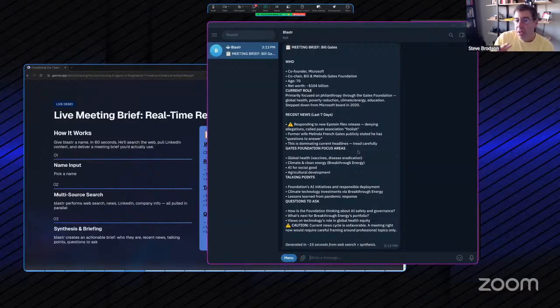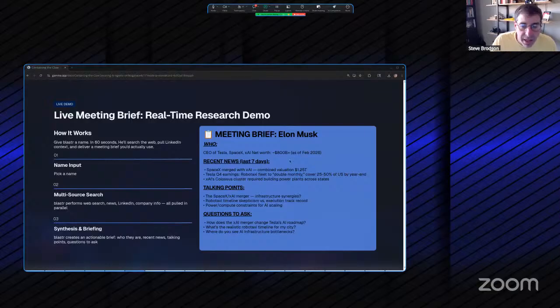So imagine the next time you're going into a briefing, you have this little configurable piece. I've told Blaster what are the things that I want to know when I go into a briefing, and he's done that. He cross-references it with what he knows about me. So these are all things that are useful. So let's go to the second thing, right?